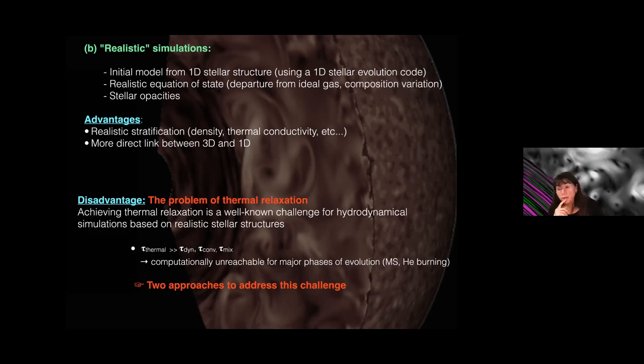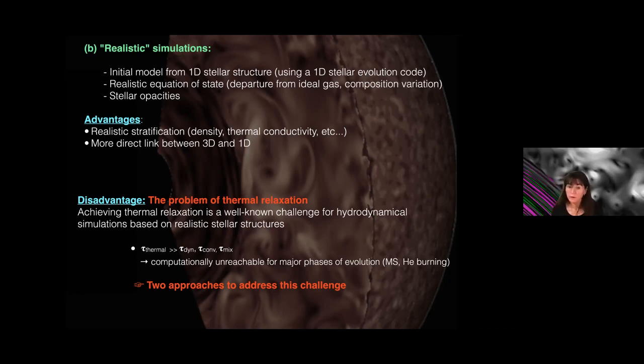But there is a disadvantage, and I will spend a bit of time on that, which is the problem of thermal relaxation. So the problem of achieving thermal relaxation is a well-known problem for hydrodynamical simulations which are based on realistic stellar structures. And just because the thermal time scale of stars, and I gave you some numbers at the beginning, are huge